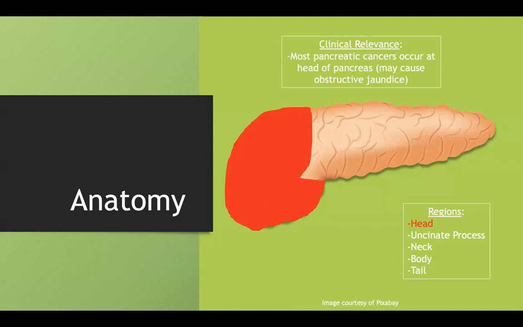And the relevance to this is that you have your main pancreatic duct that kind of goes like this, and you also have your common bile duct that ends up attaching to it in this pattern. And so if you have a cancer blocking this region, you're not only going to have pancreatic duct problems, but you'll have your common bile duct getting obstructed too, which may cause jaundice.